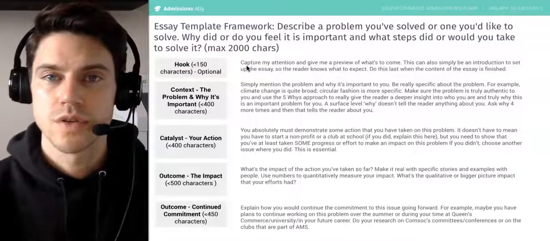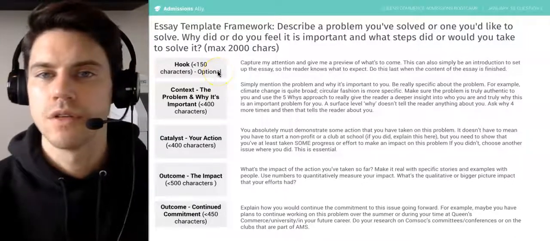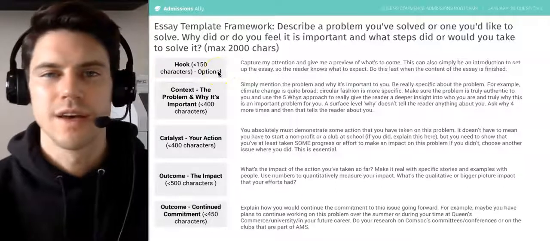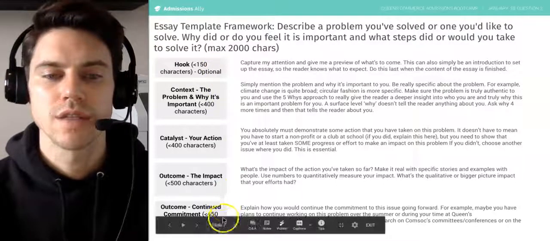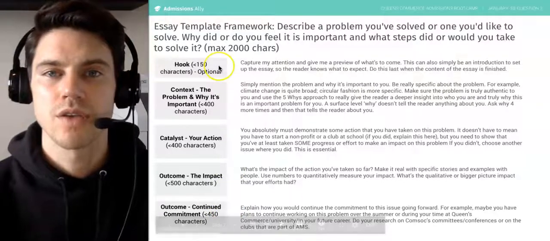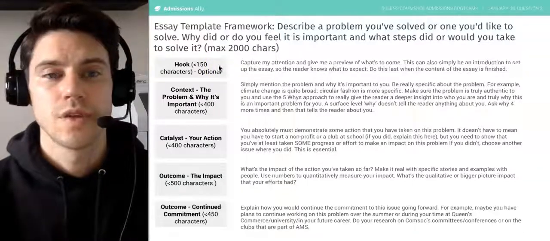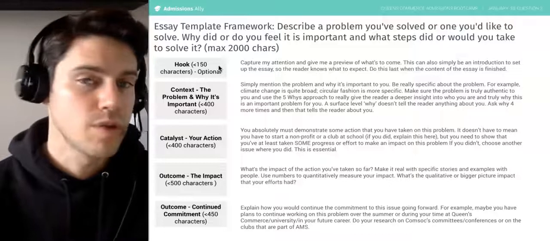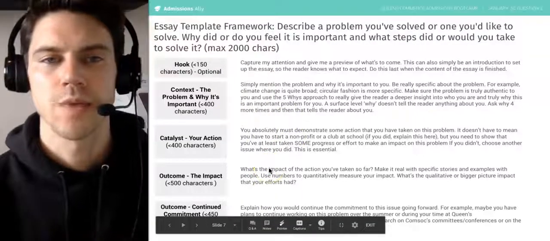Again, I have a lot of students who are tackling the hook first, particularly when it's optional. Do not tackle it first. All the time, you should actually do it at the end once all of the content for the remainder of the essay is finalized. Then you can see if you have enough character count, number one, for a hook, and number two, you can figure out what the hook should actually be about because you have all the content for this later. It's like an executive summary. You want to write those at the end.